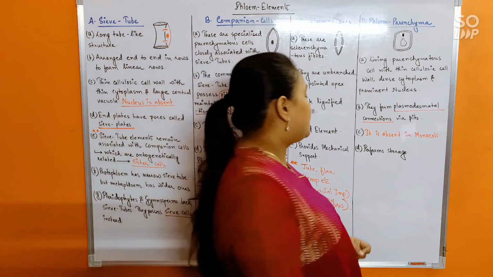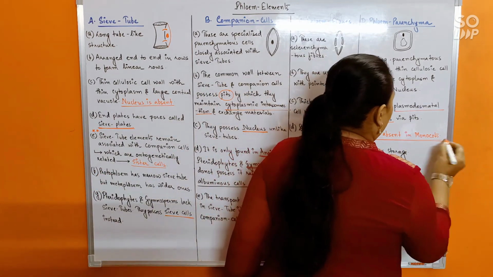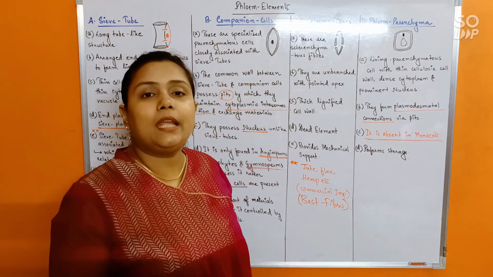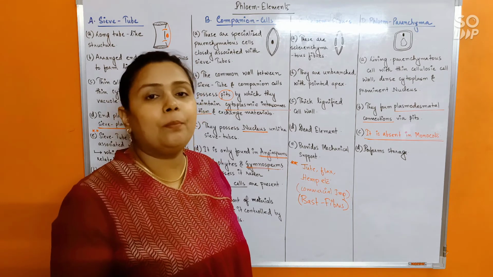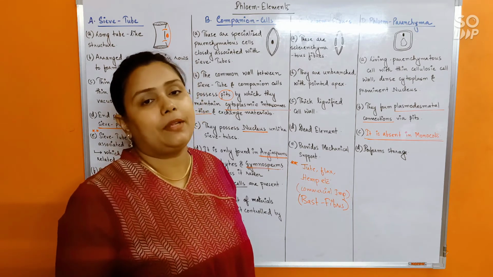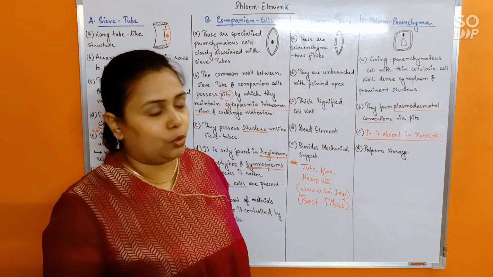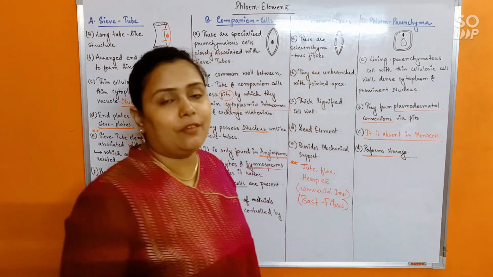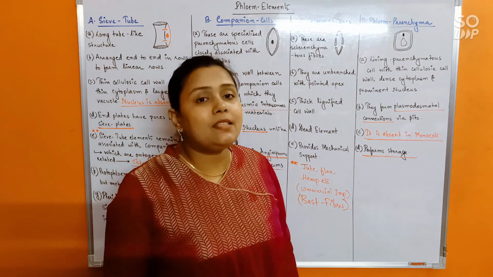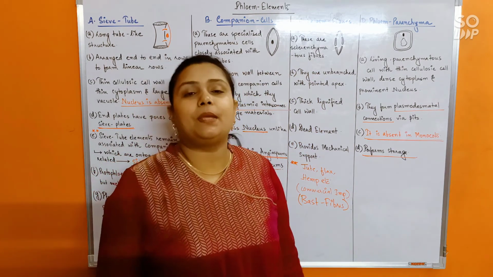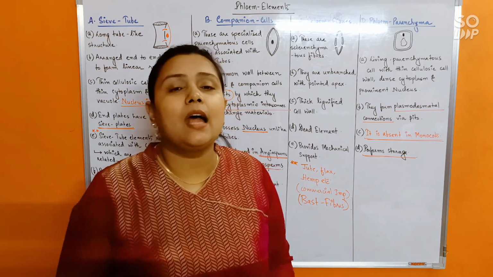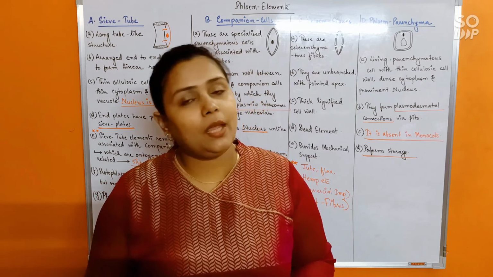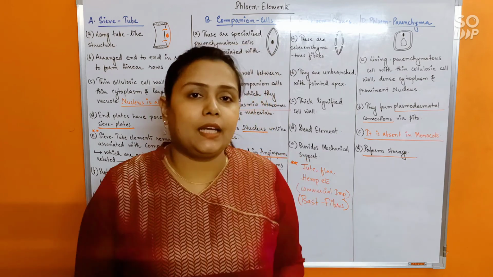Okay, next, very important point. Phloem parenchyma is absent in monocots. So it is only and only present in dicots. It's absent in the monocots. And last, it is of course going to allow storage, because I've already told you parenchyma means storage. Sclerenchyma means mechanical support. By the time you finish the chapter, this should become very obvious to you. Okay. So this is all regarding phloem as well.